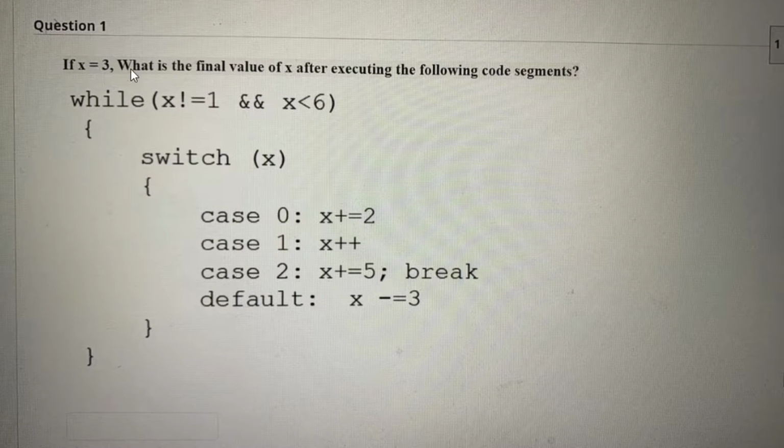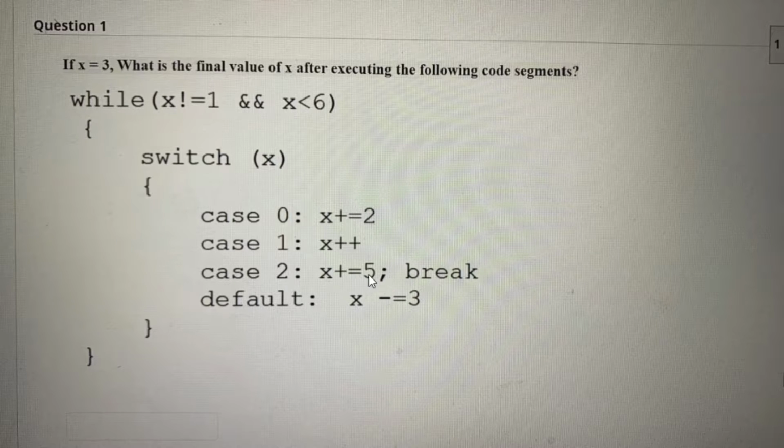If X is equal to 3, what is the final value of X after executing the following segments? While X is not equal to 1 and X is less than 6, switch X: case 0, X plus equals 2, that is 2 is added to the previous value of X, which is stored in X. Then in case 1, X is incremented by 1.